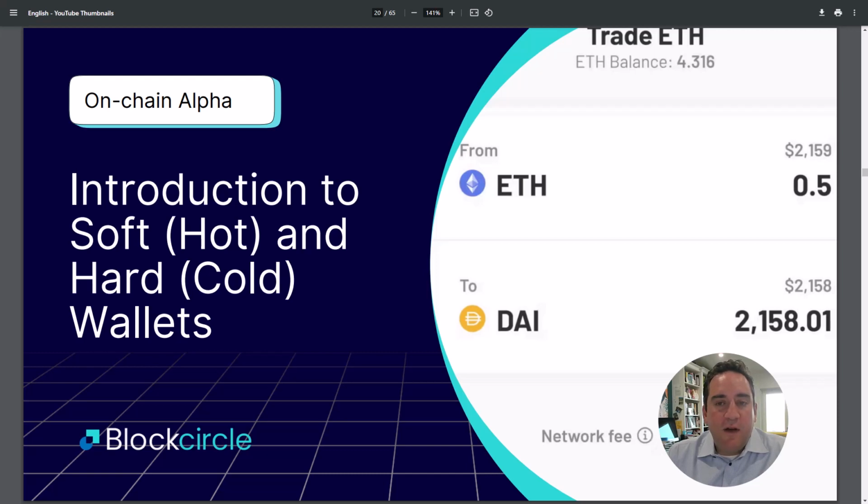compromised because they're added to your internet browser as an extension. They are connected directly to the internet itself. They're constantly on, and they allow you to conveniently hot swap transactions and execute trades on the fly. Some wallets are even conveniently on your phone as separate apps, but there are many scams within that sector. So be very careful with hot wallets and only hold an inconsequential amount of funds in your soft or hot